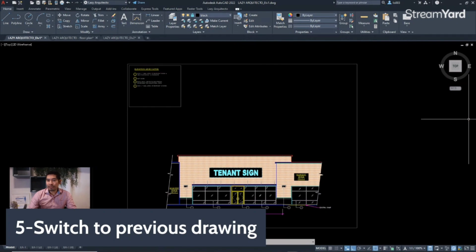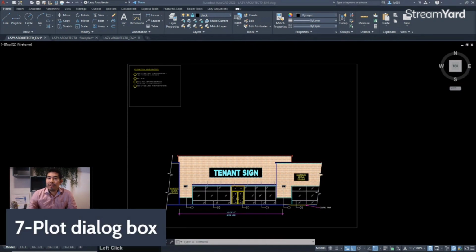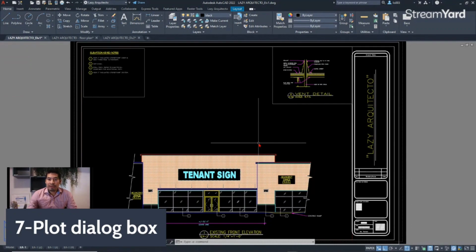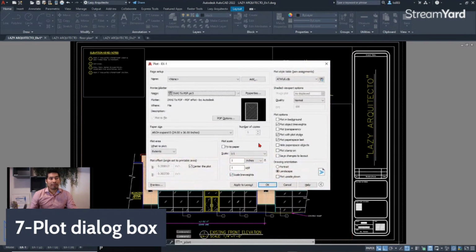All right, so let's go with the next useful control key shortcut that you should know, and this would be to open the plot dialog box. So let's go here on paper space and zoom extents. So to open the plot dialog box when you are ready to print quickly, simply hold the Control key and press the P shortcut. P as in speed draw, so P, and you will see that you quickly access the plot dialog box. Of course, here you can do the settings that you need and so on, and just simply plot